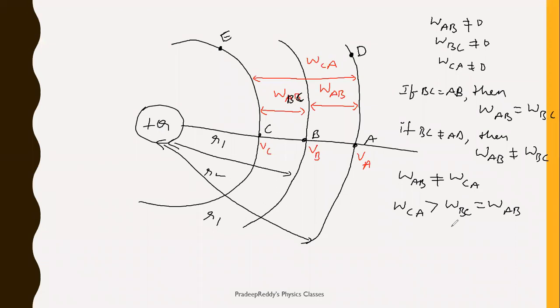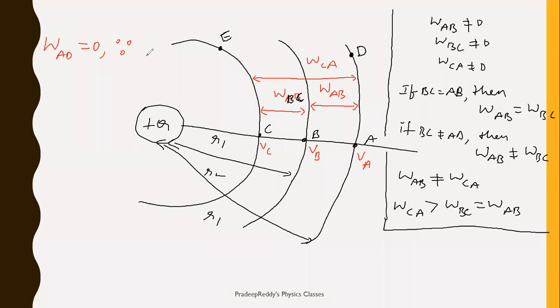This is a very important conclusion which I am going to tell you. This part is completed. So we have taken all these only in one particular straight line. Now come to positions A and D. Now check it up. Work done AD, WAD, is equal to 0. Why is it 0? Since VA is equal to VD, delta V is equal to 0. Work done along AD, that means in order to bring a test charge from A to D, which is on the equal potential, it will be equal to 0.